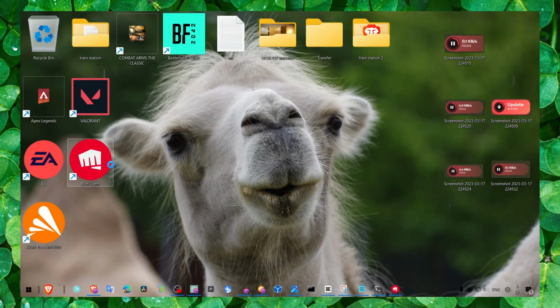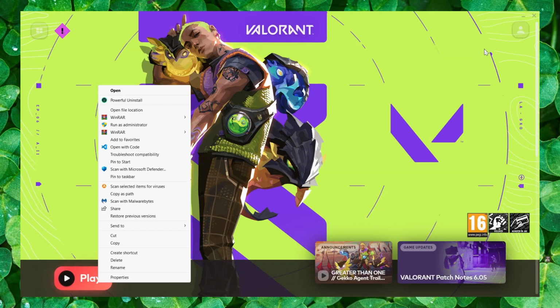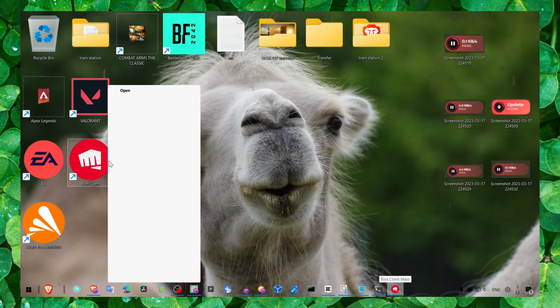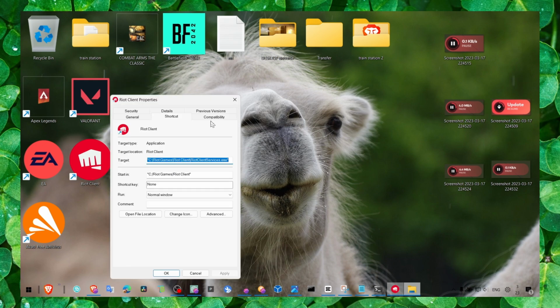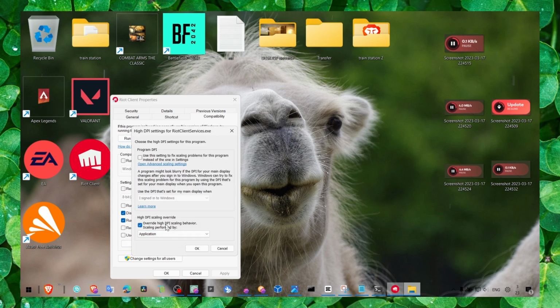And now there's another method. Make sure you follow along with me and do this as well. We have to right click on Riot Client, but wait just a couple of seconds. Alright, that's fine. Properties, and here in compatibility, make sure you disable full screen optimization and run this program as an administrator. Also click on change high DPI settings,